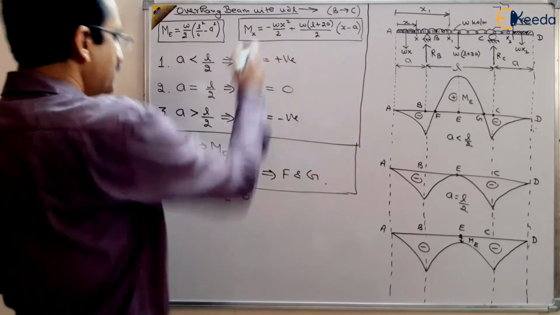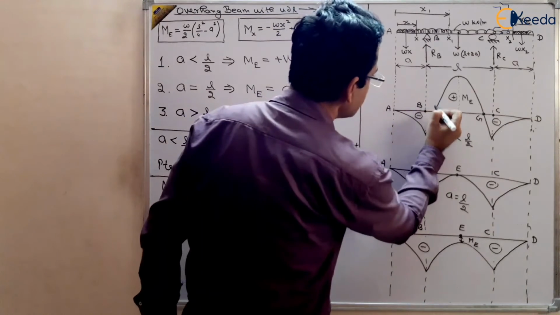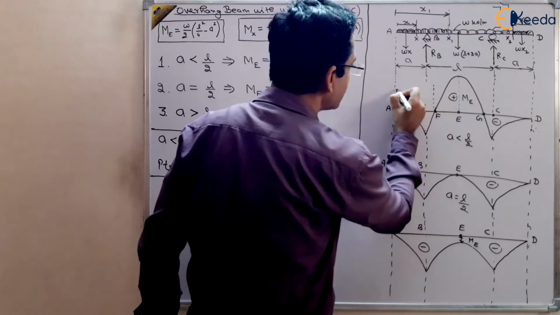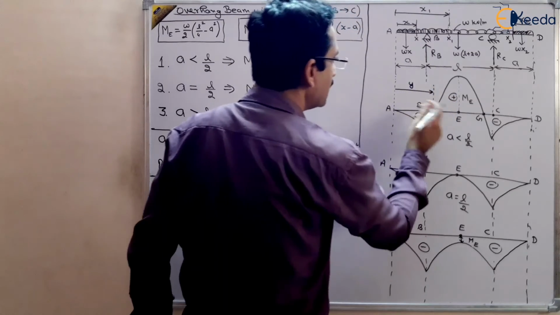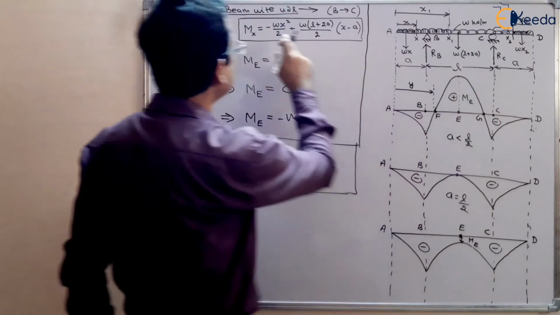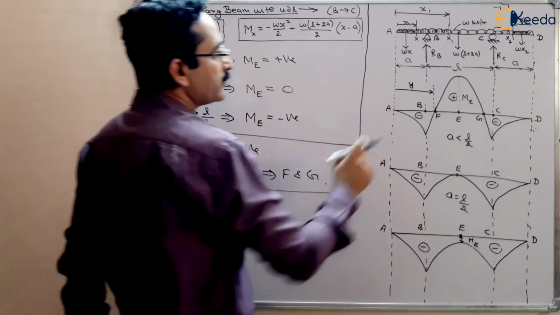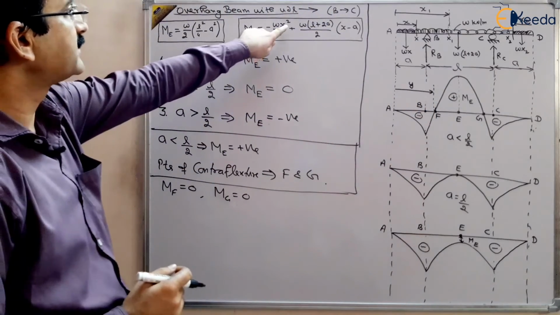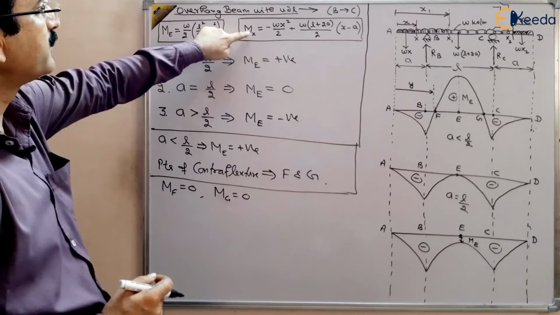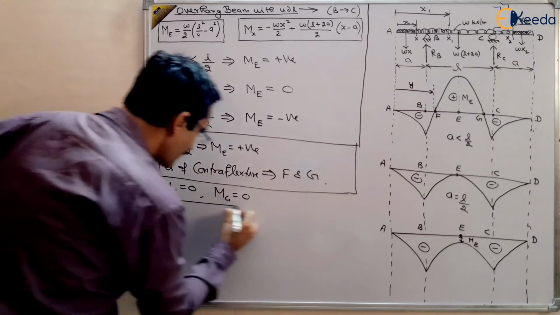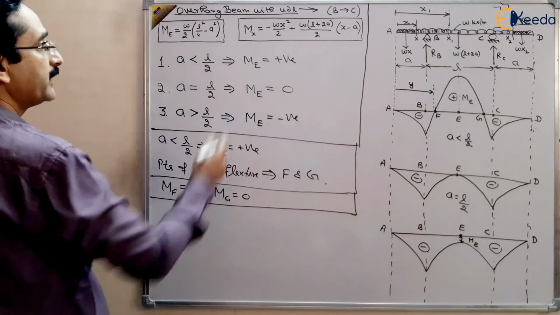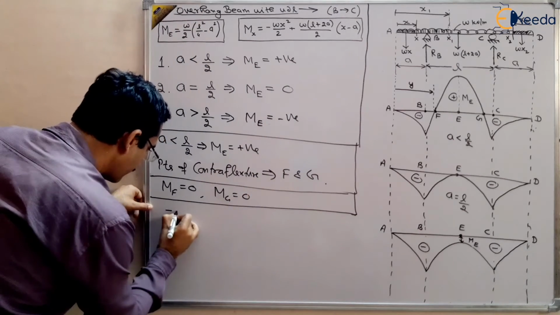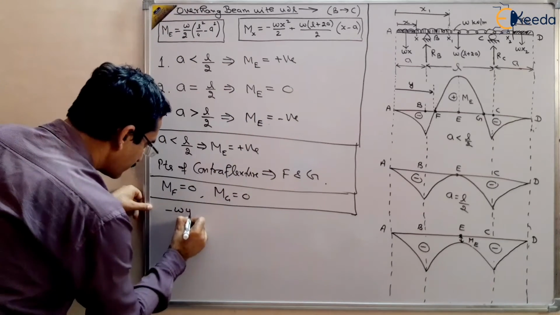Suppose the bending moment is changing sign at a certain point, because a quadratic equation will come. Suppose this is a y distance from here, and another will automatically come, because there will be two values, since it is a quadratic equation. So suppose this is a y distance and we want to find out this y. So put x equal to y and equate to 0, right? Suppose we are finding the point where bending moment is 0, changing sign. I have arbitrarily taken y. So x now becomes y